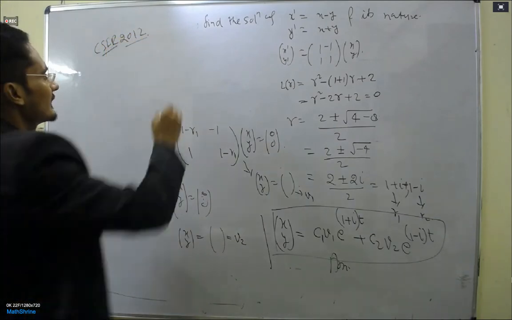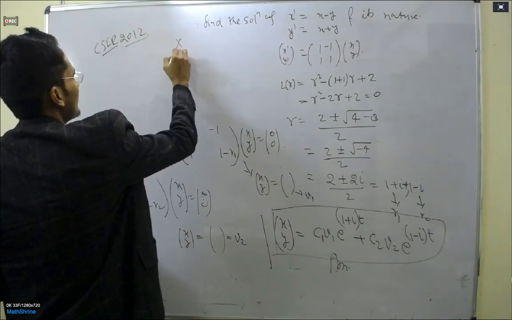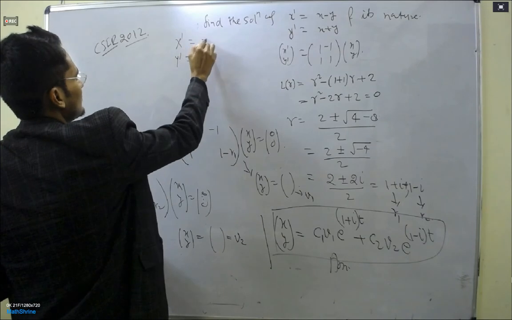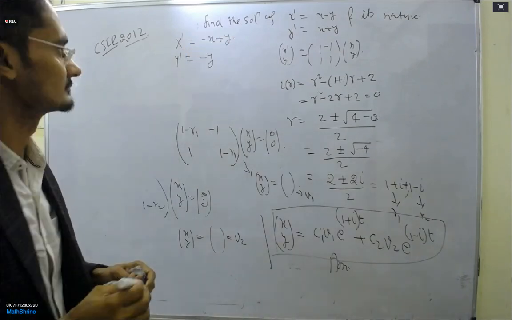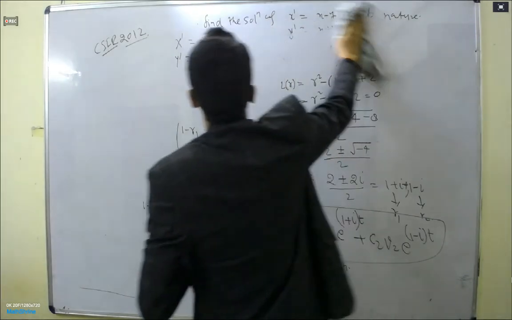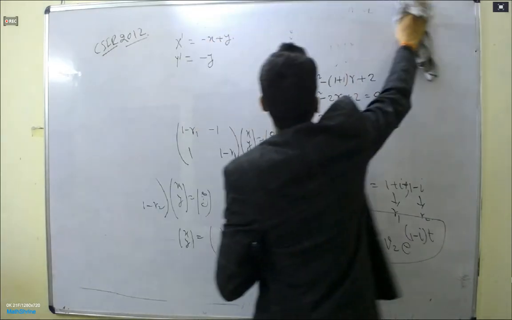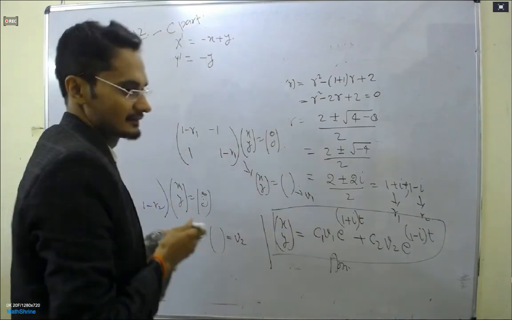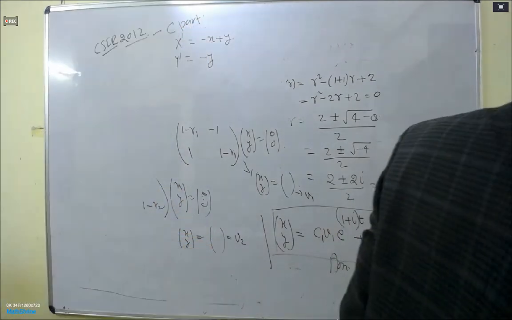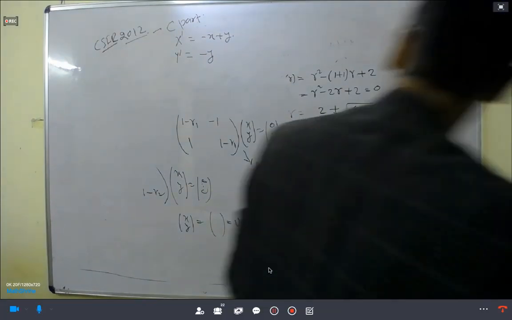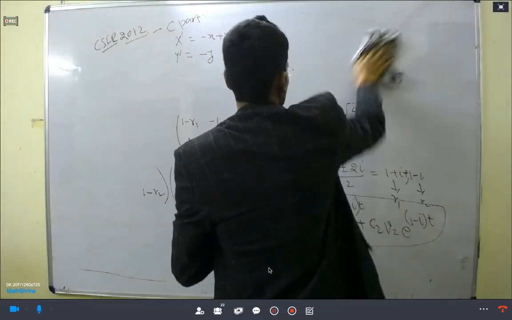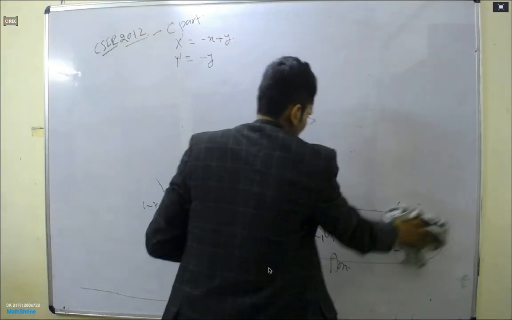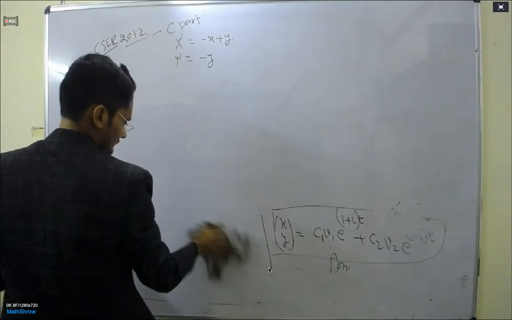So this is the question asked in 2012 in the CSIR, and a similar question was in 2011, I think, in the NBHM. In NBHM, always one question is fixed from here. So let us write it: x dash, y dash is equal to the matrix minus 1, 1, 0, minus 1, times x comma y. Find the solution of the differential equation. Let us calculate. So the matrix is this.